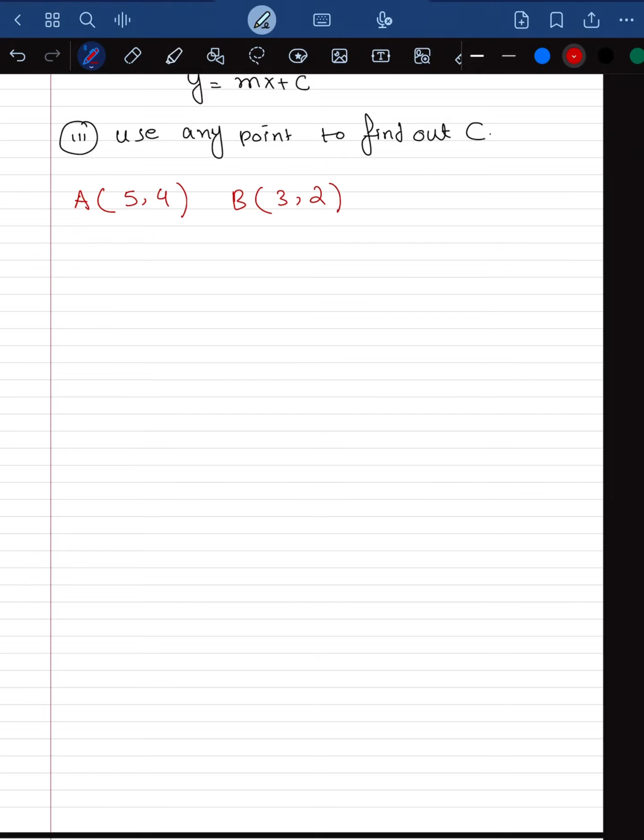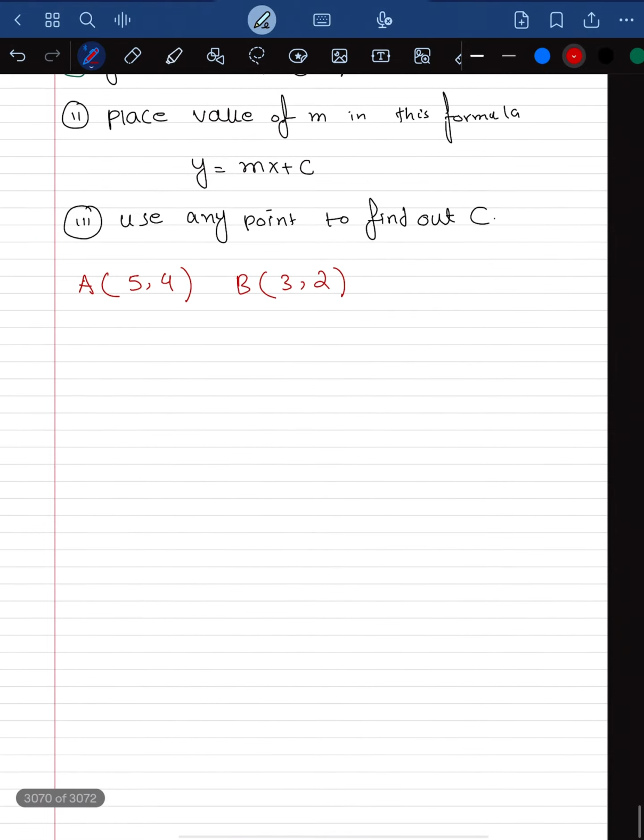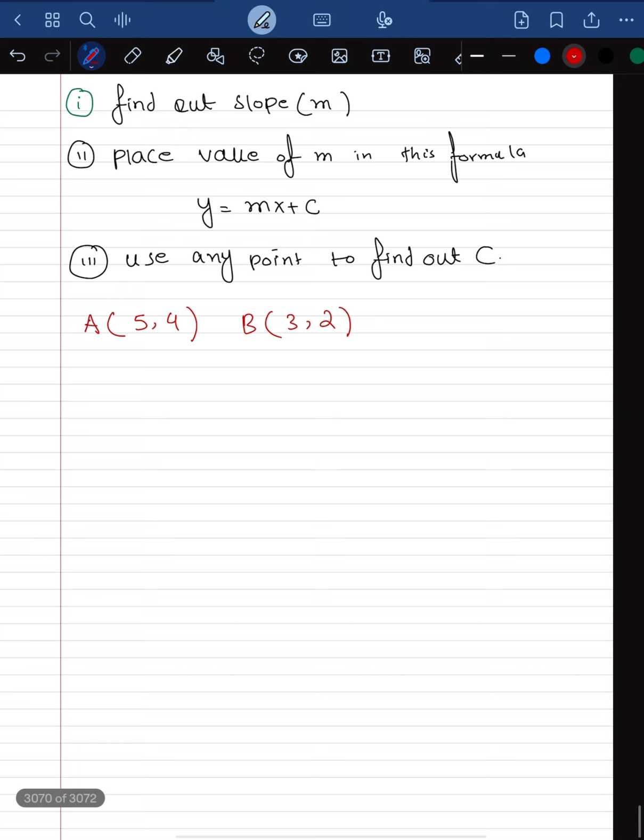So our first step is to find the slope. We have already calculated the slope, but for your convenience we can do it again. So first step, calculate the slope. You will be using the same formula, y2 minus y1 over x2 minus x1. Now just place the values, 2 minus 4 over 3 minus 5, so minus 2 over minus 2,